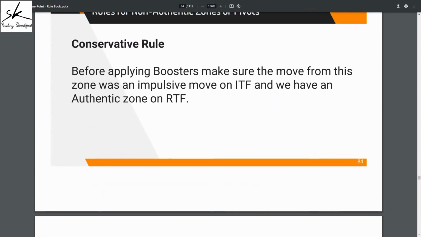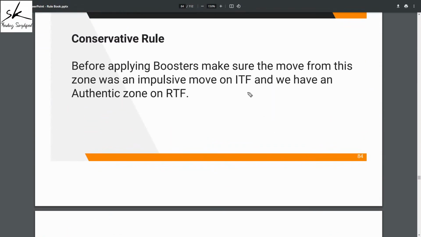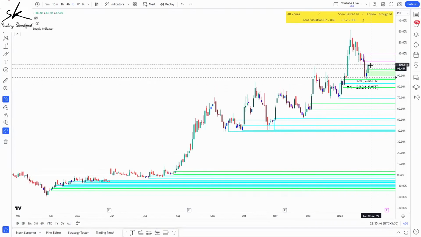If I go with the conservative approach, here we look at two conditions. It is two conditions, one and two. It does not say one or two, right? Can you see it is and? So one of the conditions is that we need to have an impulsive move on the intermediate time frame, plus we need to have an authentic zone on the refining time frame. So if you look at your intermediate time frame, only once it goes above this, we can call this move an impulsive move. So since the impulsive move is missing, anyhow, it will not qualify even based on the